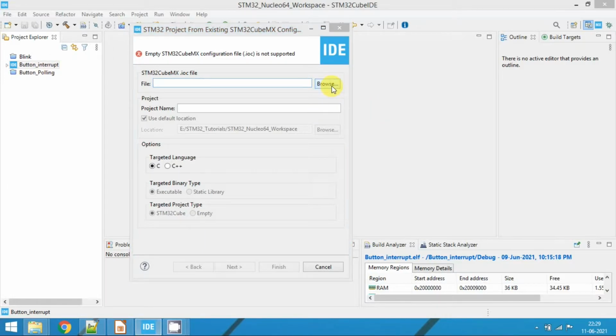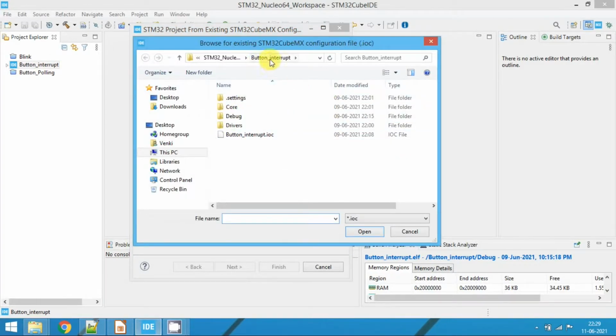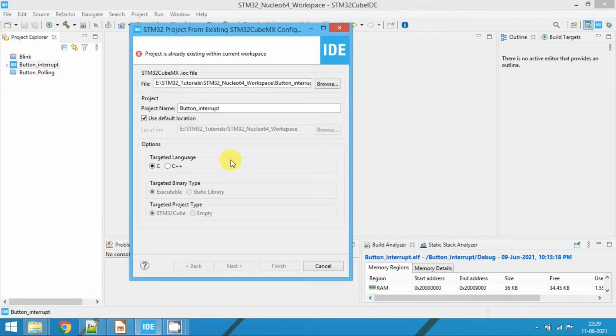Click on Browse, and here you can see there is a button_interrupt IOC file. Click on that and then click on Open. Then it will ask for the project name. I'll give 7-segment_display.